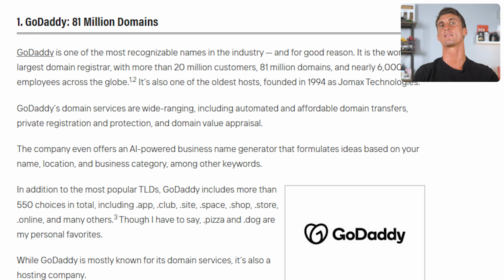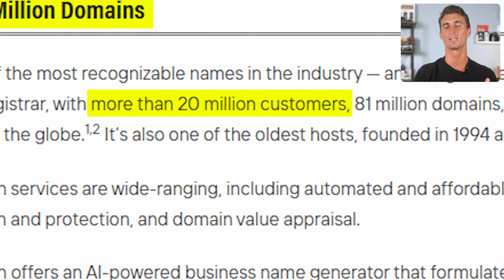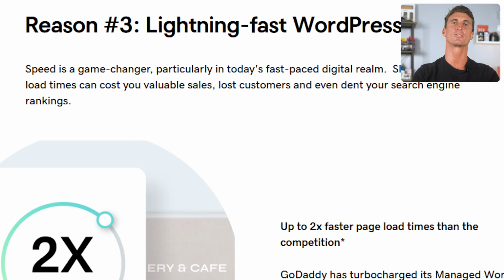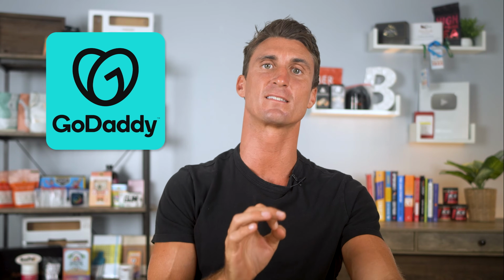They've recently been making a lot of changes and a lot of additions, making them a lot better than they used to be. And that's because GoDaddy manages over 81 million domains around the world. They offer hosting for over 20 million small businesses, and GoDaddy's hosting for WordPress offers up to 2 times faster performance than all their competitors. And because of all of that, that's why I'm showing you how to use GoDaddy to build a site,